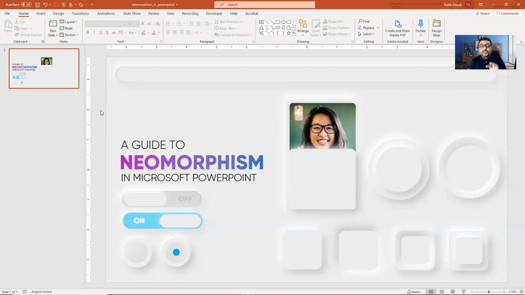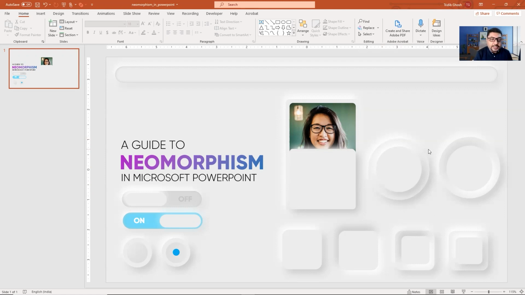Believe me, if the size of the objects is smaller, your blur value, your shadow value, everything has to be smaller. If you have a bigger shape size, then you have to have a bigger value. So over here, we will first start with creating this particular shape.